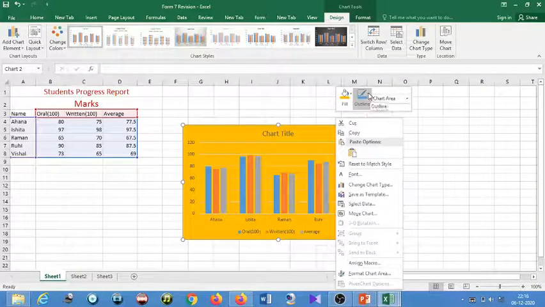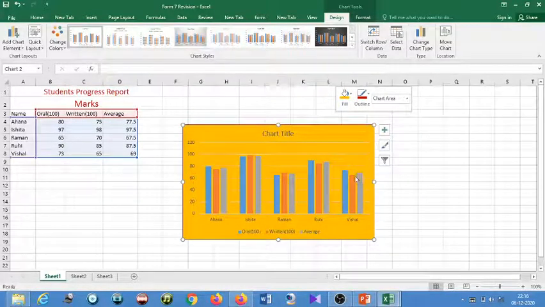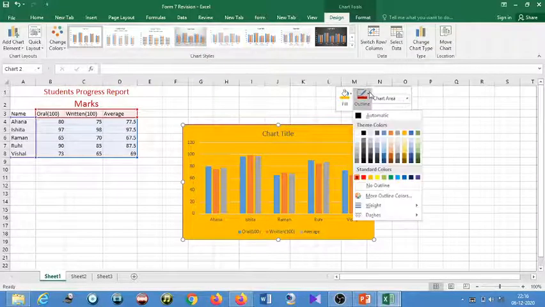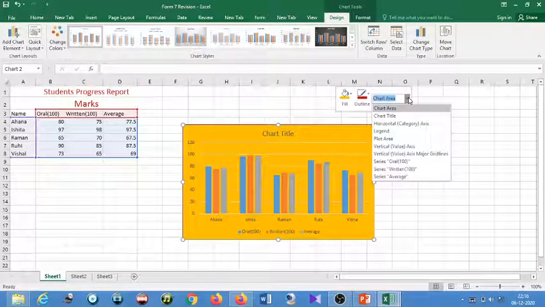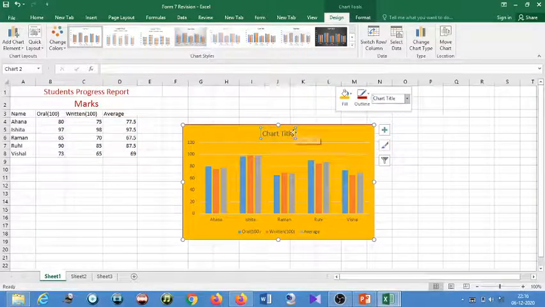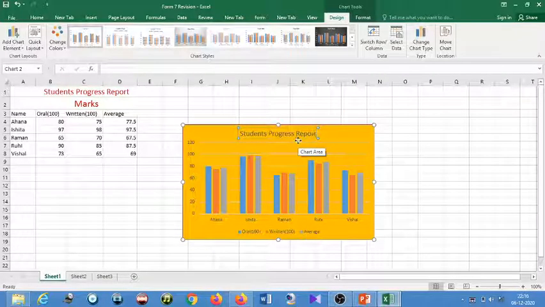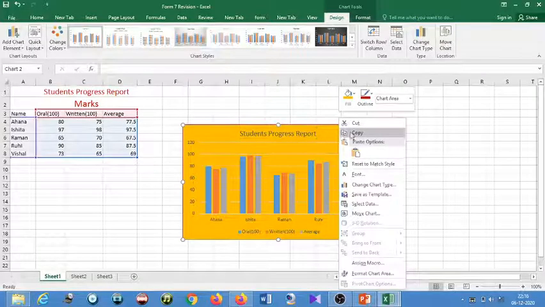Again, outline, you can put an outline. Here chart area, chart title. Look here, chart title. If I want to give the chart title as students progress report, so this is my chart title.